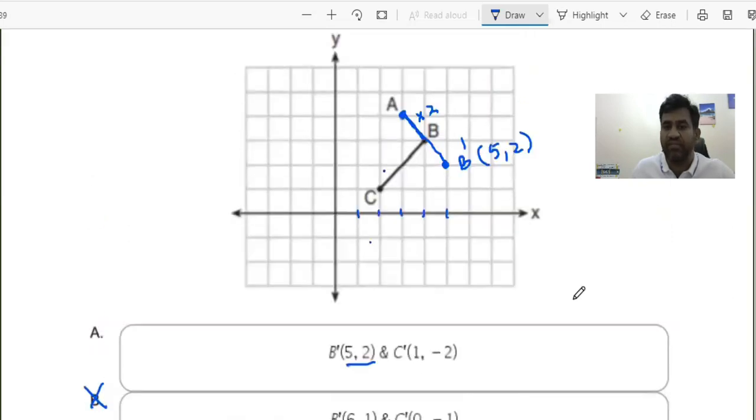Now we have two options, so I have to solve for AC as a second part as well. Approximately, the length between A to C is this, if I'm drawing it correctly. Let me just say the length between A to C is something like this. I'm just drawing it approximately. So this length should also get multiplied by 2, as the line segment should also get dilated with the factor of 2.